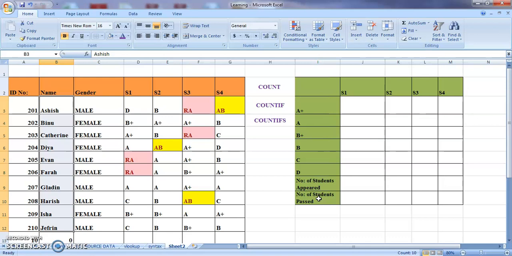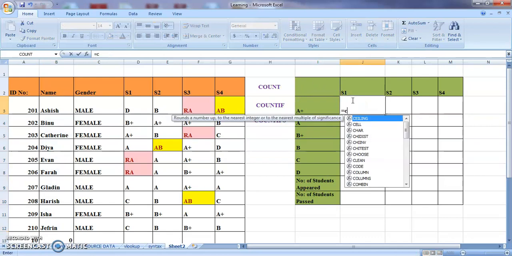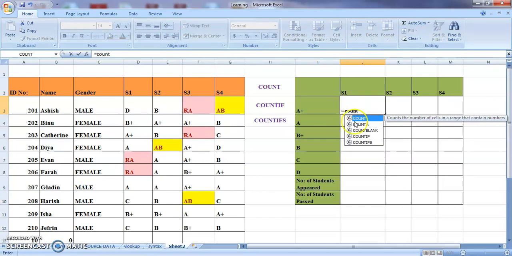So how do we make use of COUNTIF and COUNTIFS? Let's see. Here equal to COUNTIF, double click it, and it will ask you for the range. We are going to do S1 initially. This is the range. What it has to identify is A plus, so within double quotes, give A plus.